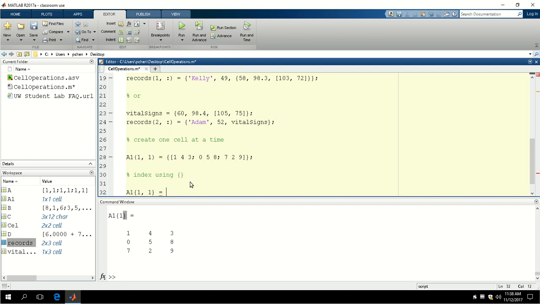Then what's gonna happen? So this parenthesis is gonna allow you to extract the cell at this particular location, right? But this curly bracket is going to allow you to extract the content inside of that cell at this particular location, right? So whatever content is stored in that particular cell, 1 1, it's going to try to actually retrieve it, right? So if we do an assignment,